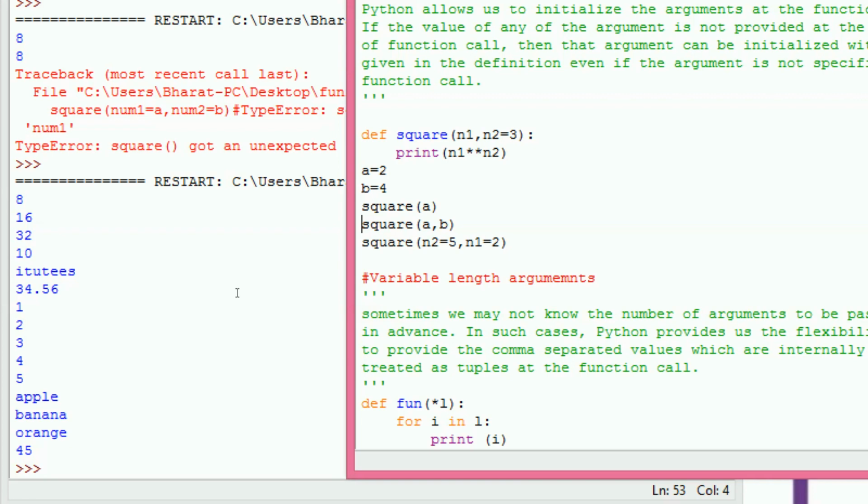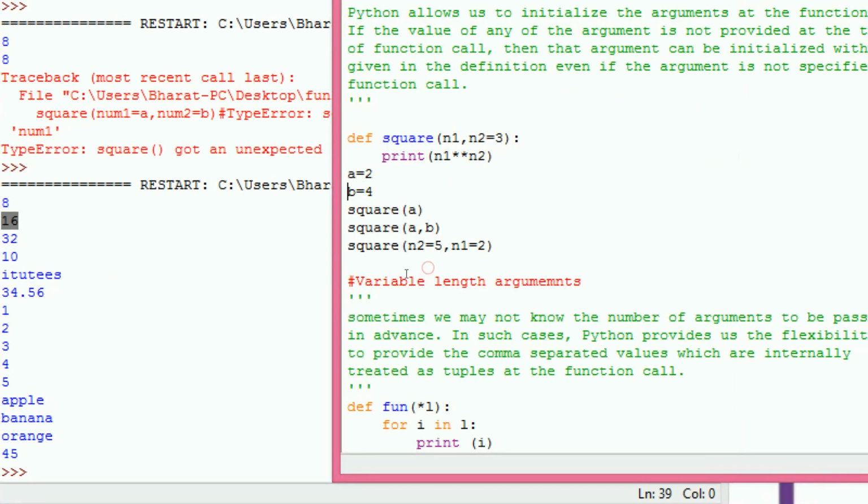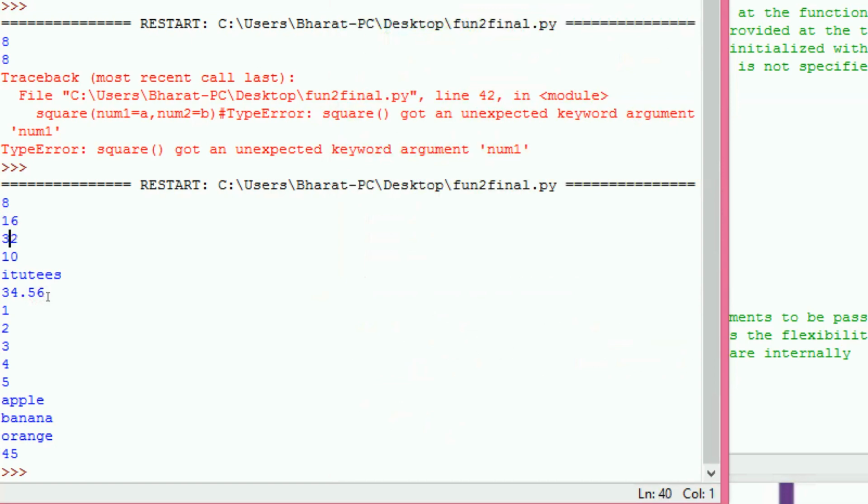So next a comma b. A means 2, b means 4. That means now n2 becomes 4. Because I am giving the value, it becomes 16. So 16 is the output. In the next call I am giving n2 equals 5, n1 equals 5. Now these act as keyword arguments. So it returns 32. So these 3 are the output.